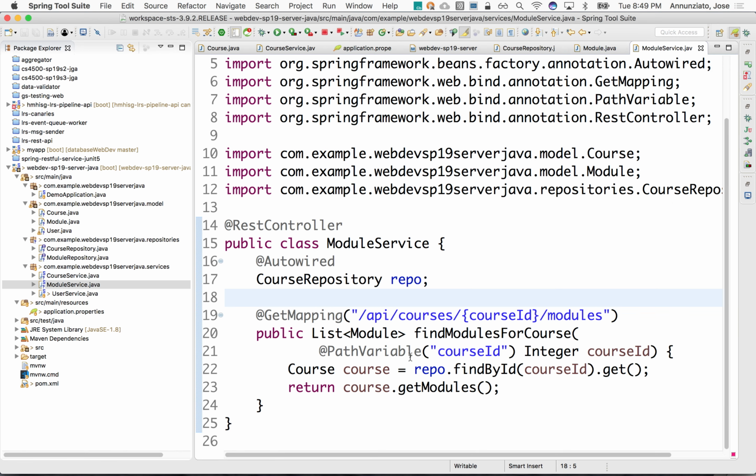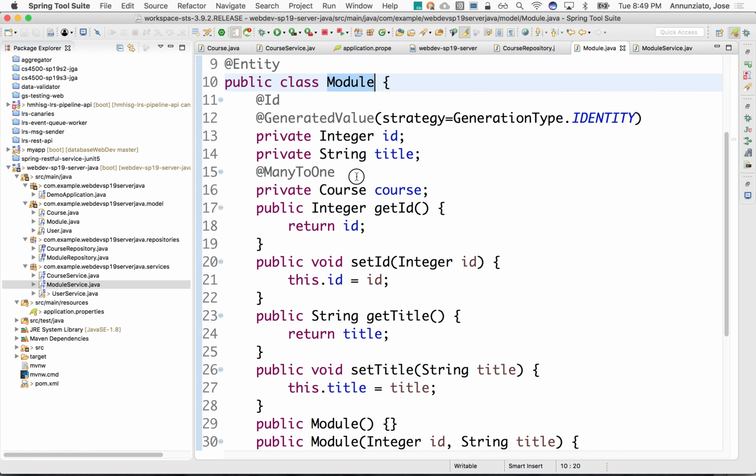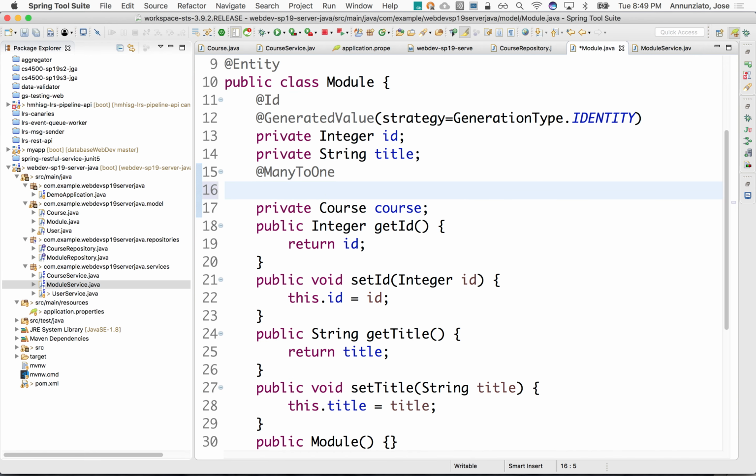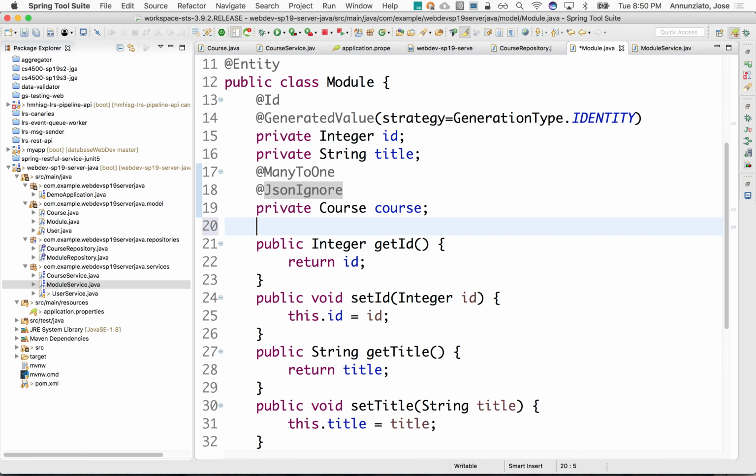Right, so let's go into module. In this reference, of course, we don't want to go into an infinite loop. So what we'll do is that we'll do a JSON ignore, right? Somebody was asking, well, what if I'm in a module and I want to know what course I am in, right? How would I expose that, right? If I don't have the course, what if I want to say I'm in this module? Oh, and by the way, the course is so and so. So you could do that by exposing a private course string course title,